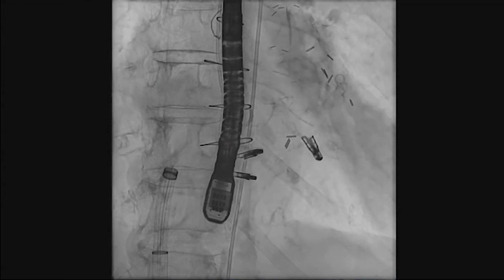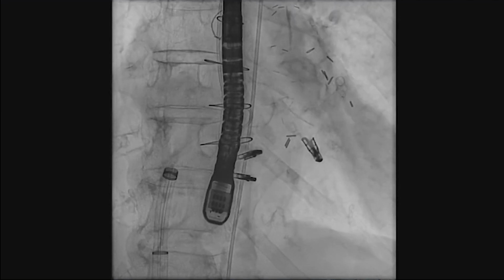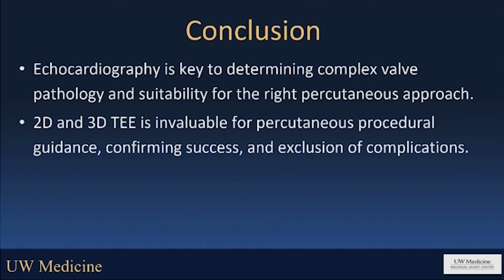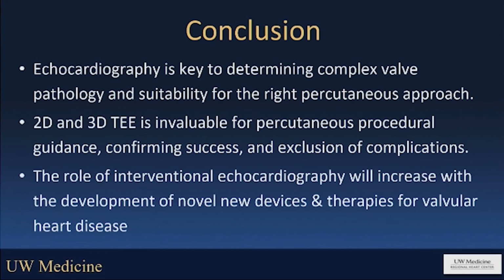So in summary, 3 clips in 1 patient, both valves treated well, and I'd like to conclude that echocardiography is key to determine complex valve pathology suitability for the right percutaneous approach. 2D and 3D need to be challenged for invaluable input, and then finally the role of the interventional echo will only increase as we also add new